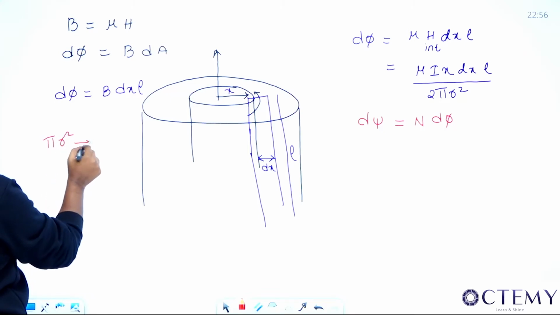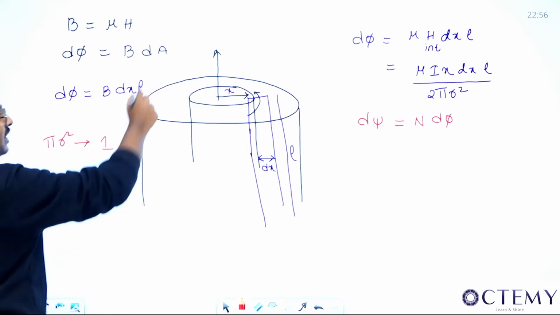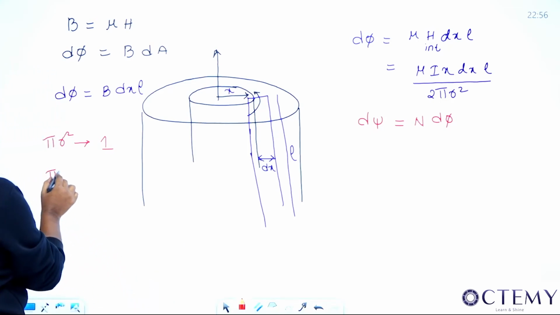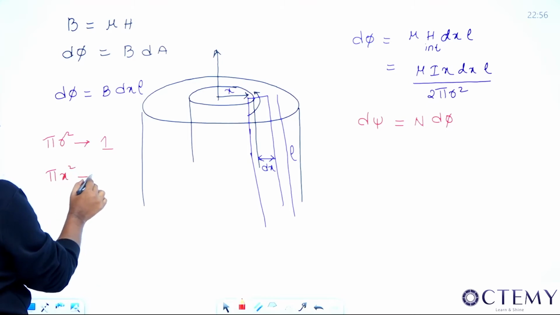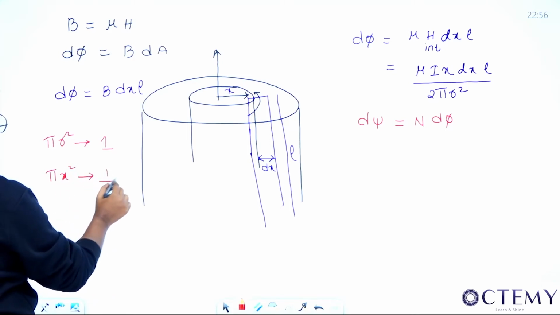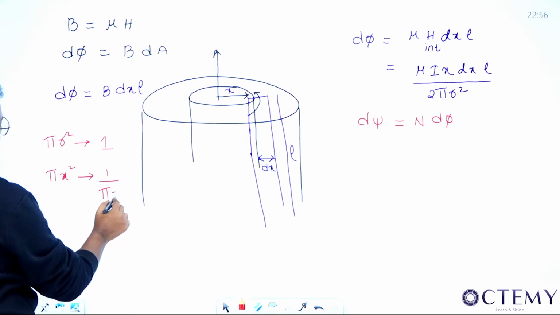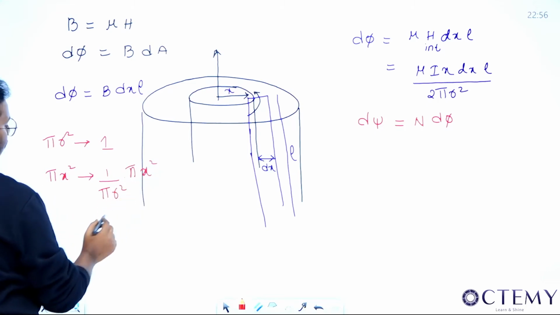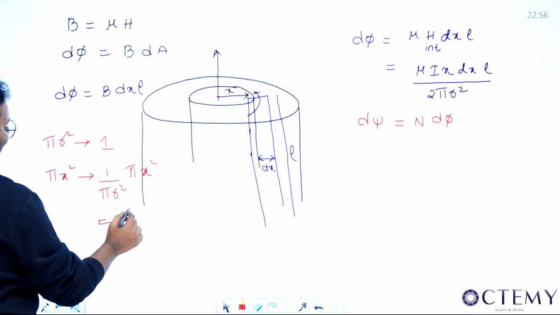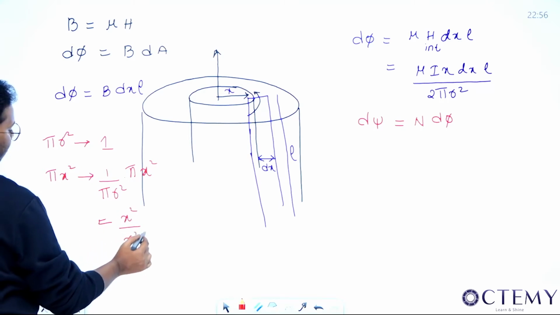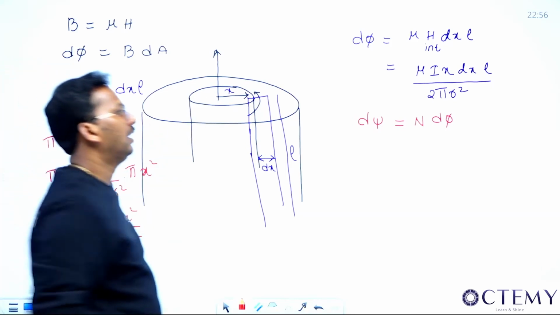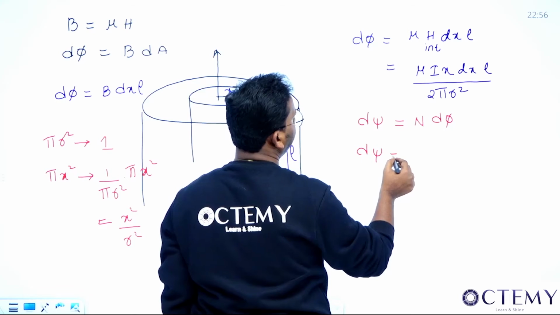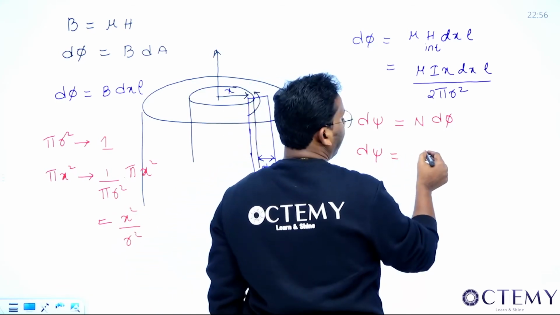The number of turns is equal to 1, because this is entirely 1 turn, sir. Now for pi x square, the number of turns changes. It will change as 1 by pi r square into pi x square. So the number of turns will become x square by r square for this particular area which I have taken. So what will be your d psi? Your d psi will be x square by r square